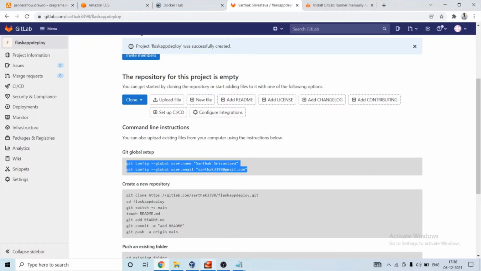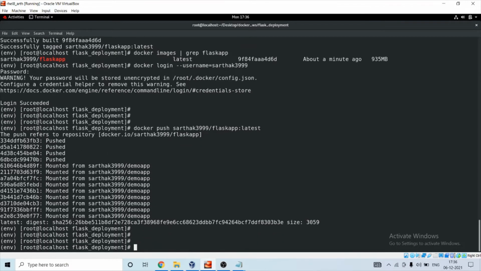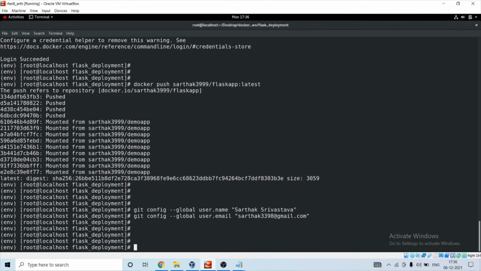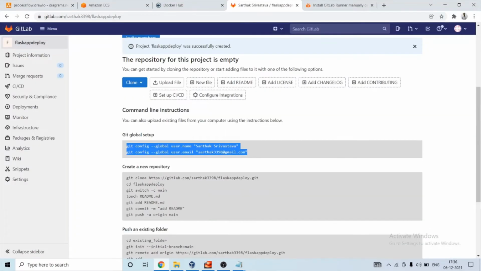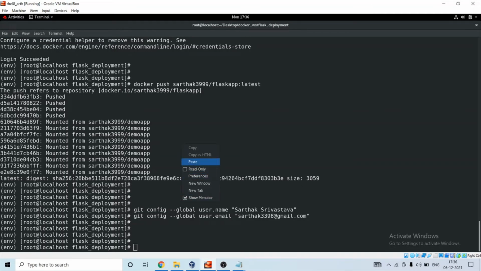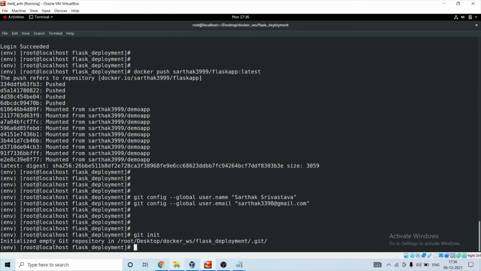So let me set up all these things. Okay, so I need to push all my code to there. I will initialize my repository using git init.